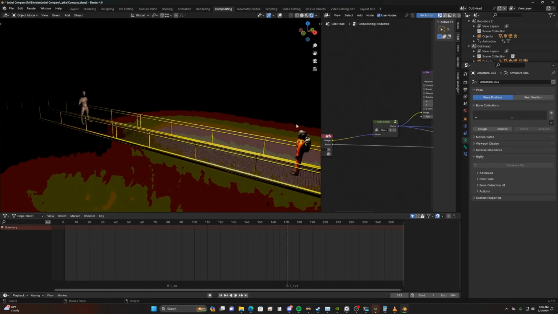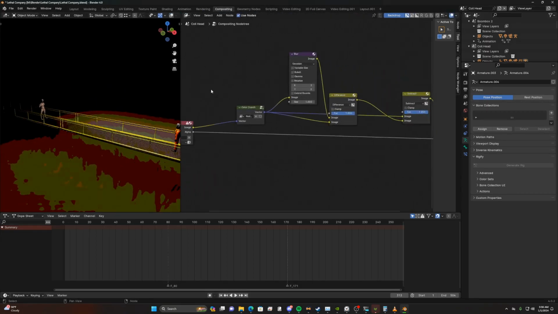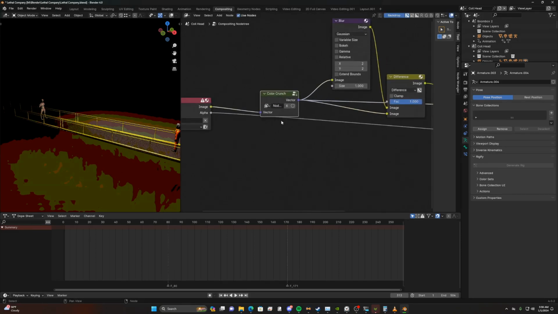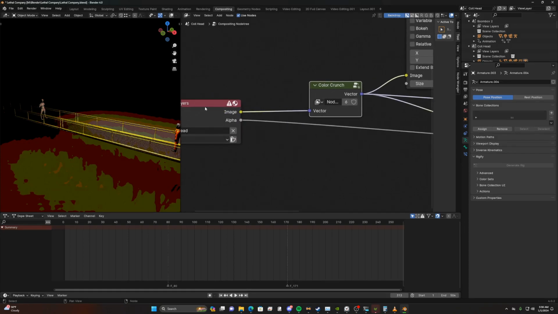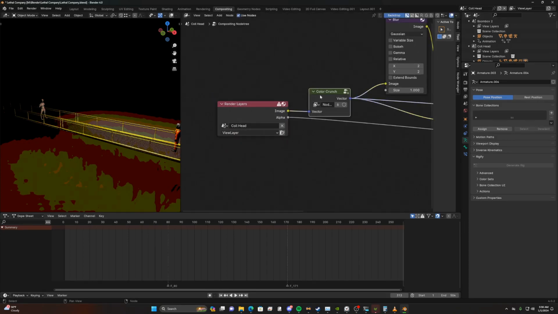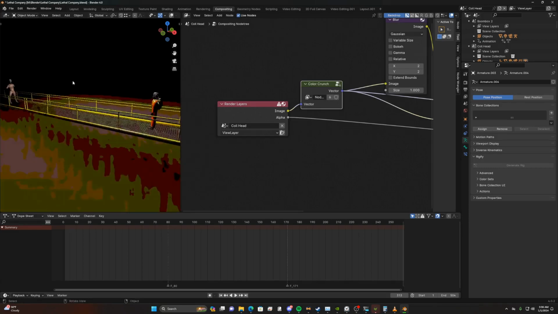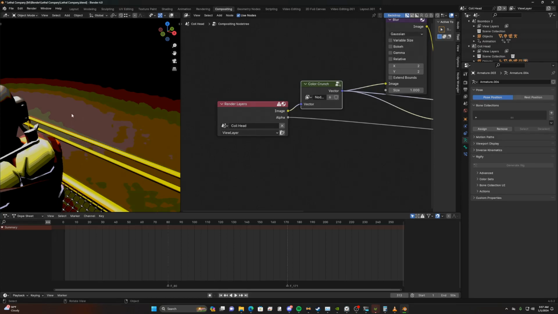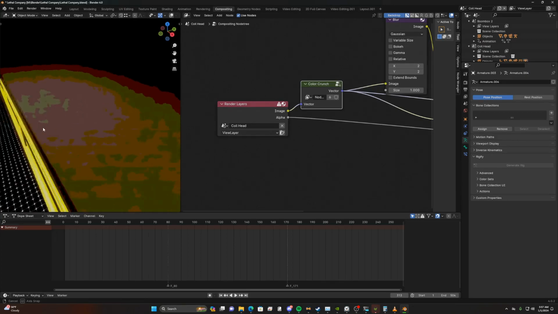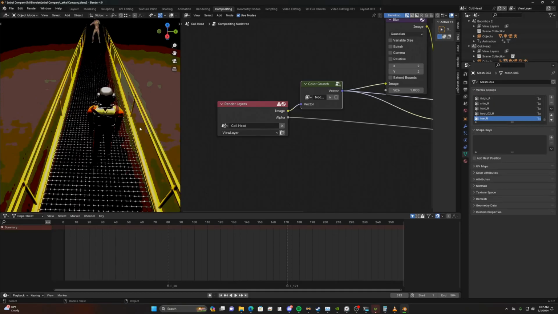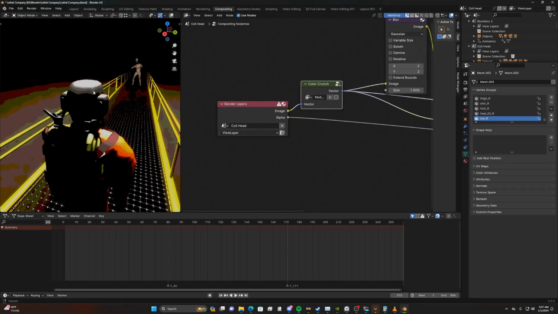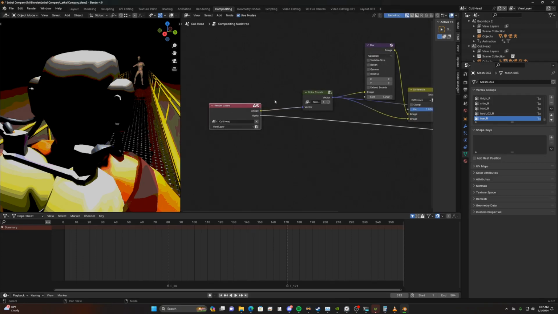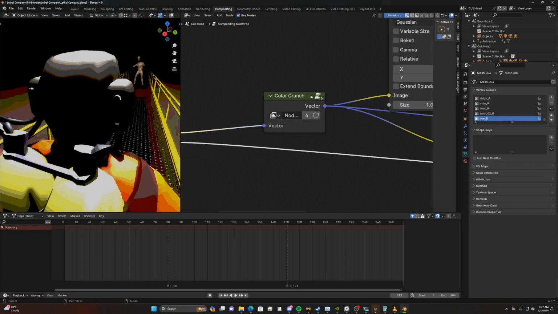So my nodes, I've split up my nodes into different node groups. So basically the whole effect with the cell shading, which is kind of like how there's different light values, how it goes from like this beige color to this lighter color, there's like that banding. So that's cell shading. So basically I took all the logic for that and I put it within this color crunch node,